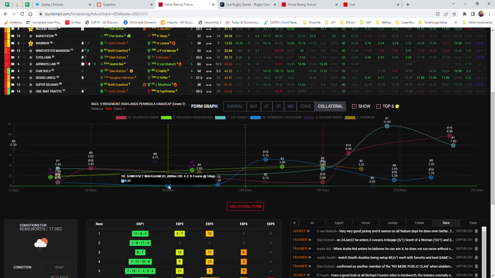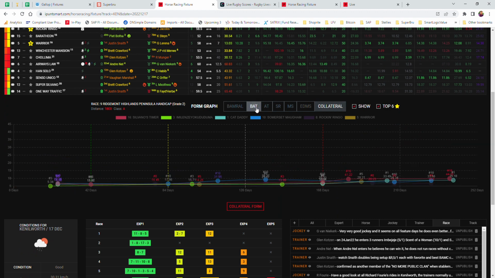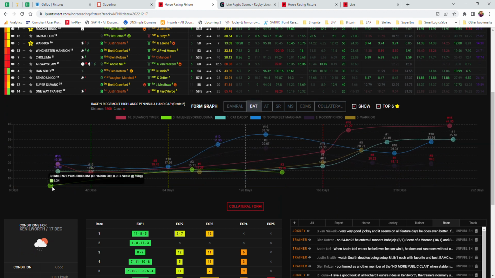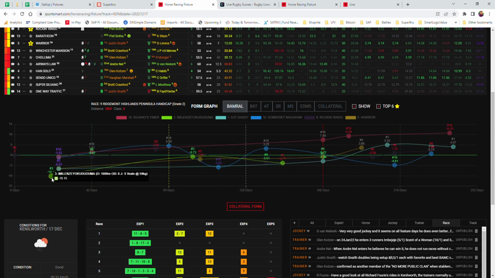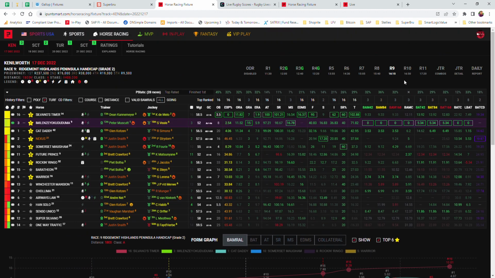You see this one, Somerset Moon, doesn't look too bad on collateral form at the bottom here. And this one's running away nicely on the bat figure, hitting 5.34, and also on the bob roll figure, looking pretty decent there. Moving on to the